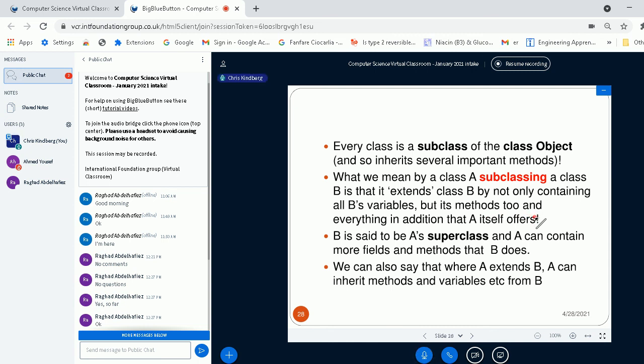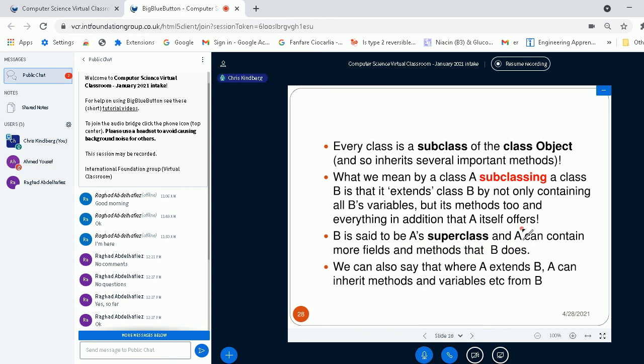So if A is a subclass of B, A contains everything that B contains, plus a lot more that you, the designer, have put into A. B is said to be a superclass, and A typically contains more fields, more variables, and additional methods than B does.